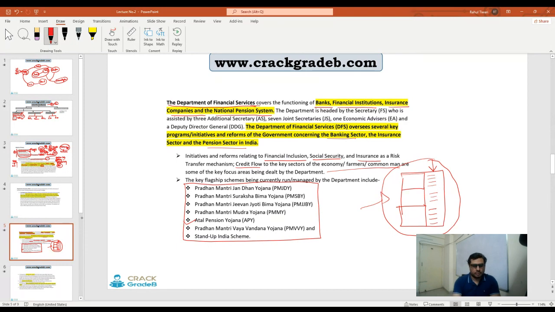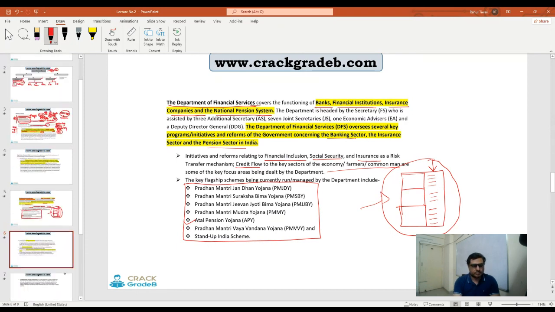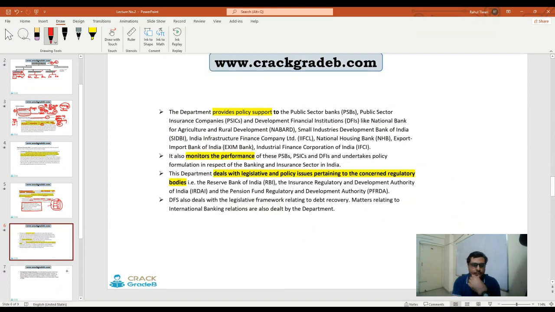We will discuss the schemes in a separate session. Right. So apart from this, this department also provides policy support to public sector banks and public sector insurance companies. Apart from that, they are also providing support to DFIs, development financial institutions in India. Right. Generally, development financial institutions now come under the category of